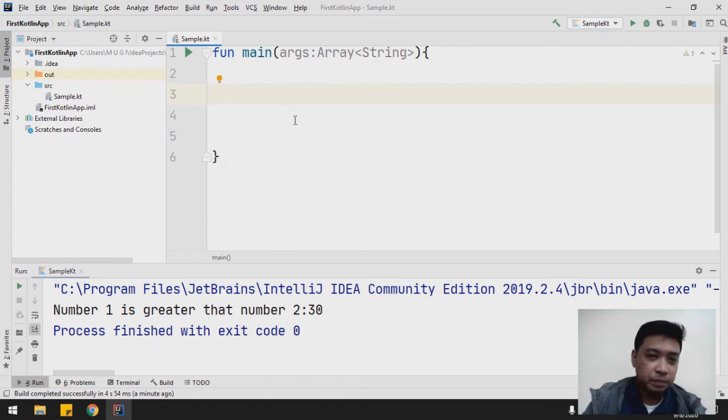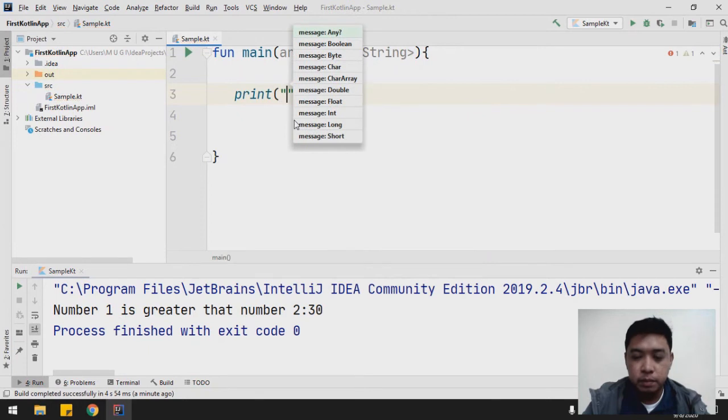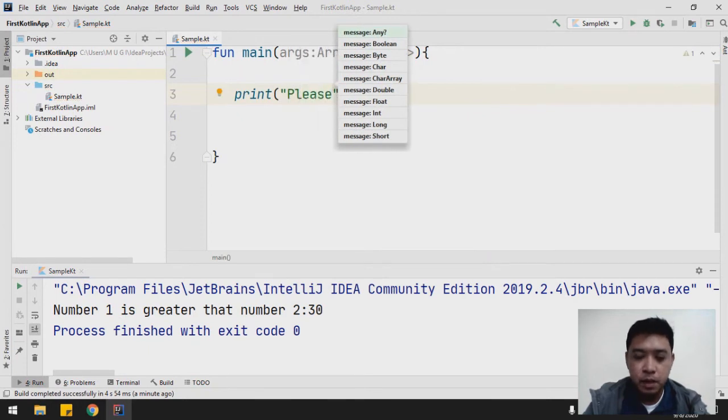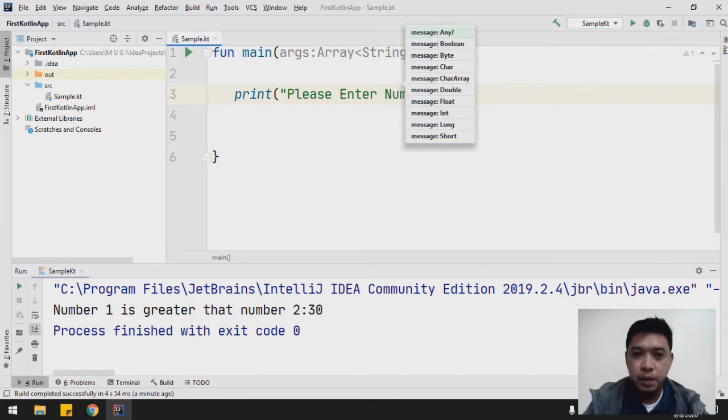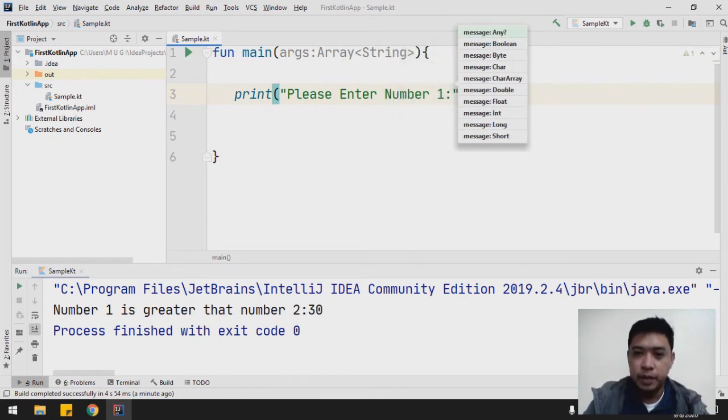First, we're going to let the user input two numbers. So how are we going to do that? Very simple, the print statement. Please enter number 1. Very simple. And then